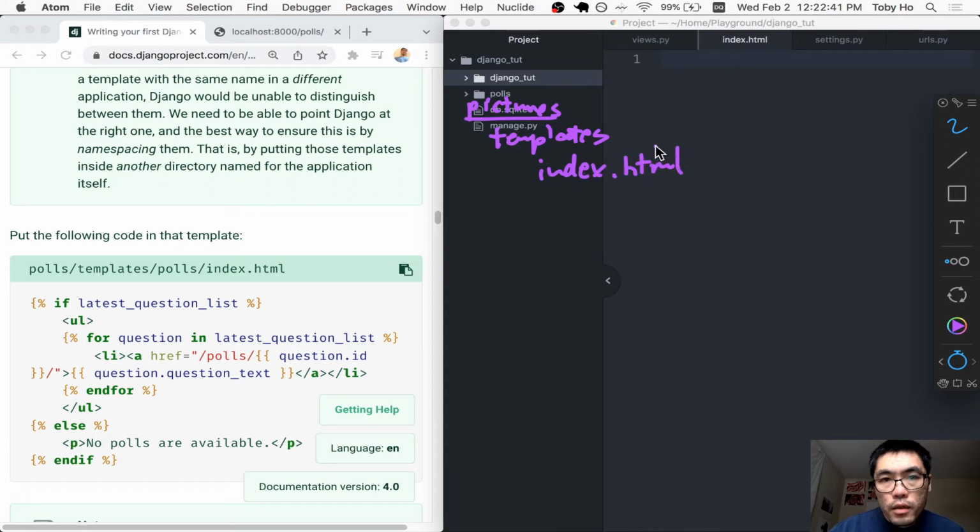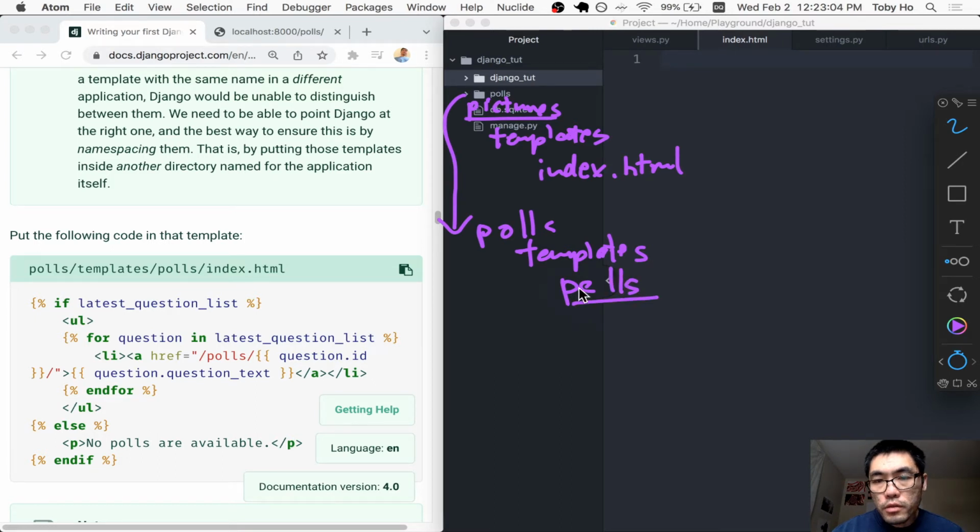And then if under your polls you also have the same directory structure, like let's say this is polls, and then it has templates, and then instead of having another namespacing directory here called polls,